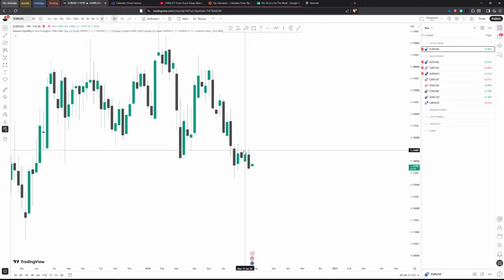So equal highs here, and what happened? We swept it, and we swept this week, and this week. We took out this week's high, this week's high, this week's high. So we took out 3 weeks' worth of highs in 1 week, and 2 of those candlesticks were equal highs. So it's going to be even more liquidity above it. So we create a swing high at that point, sweeping into the fair value gap and sweeping the previous highs.